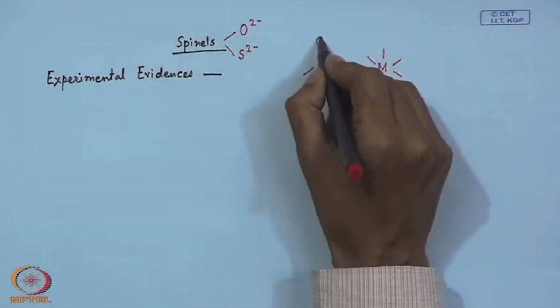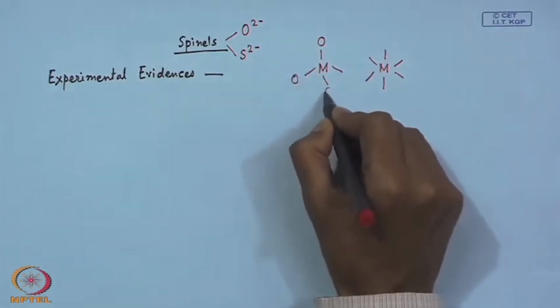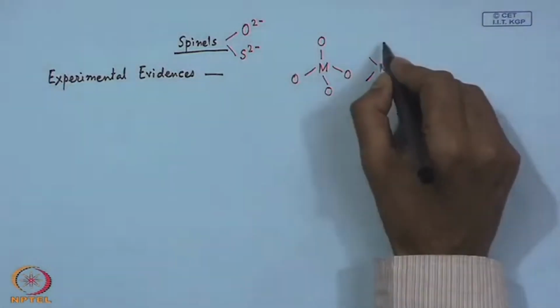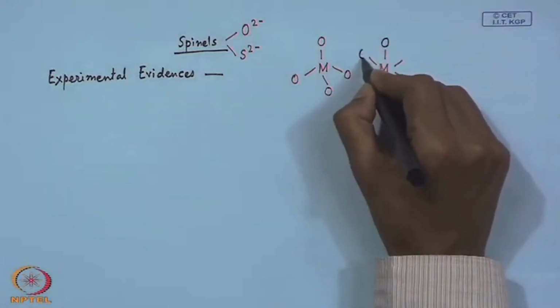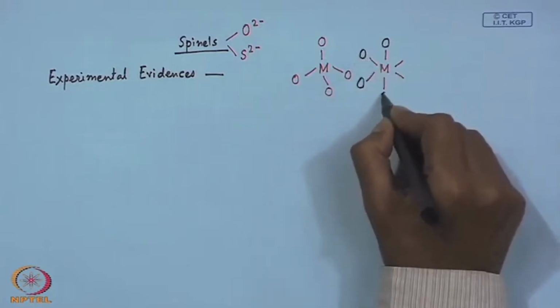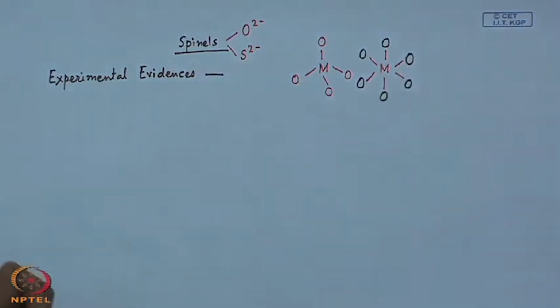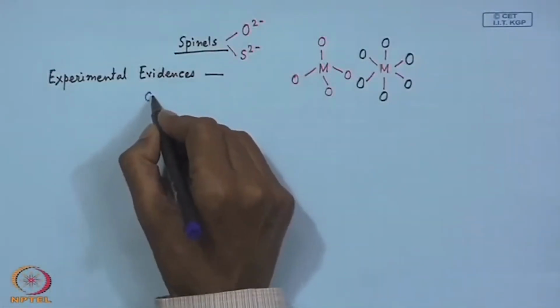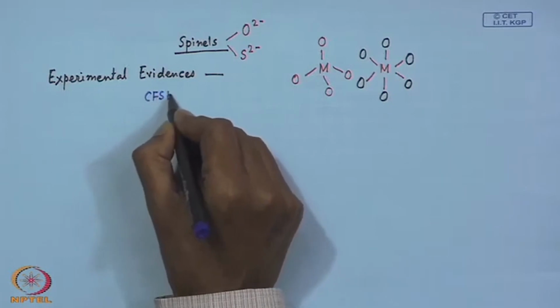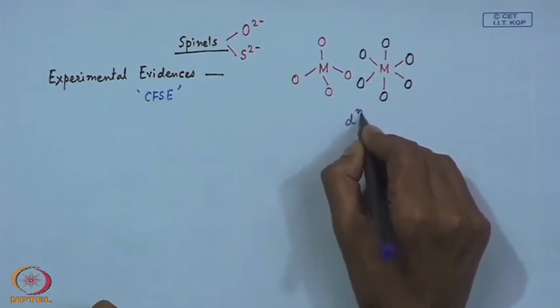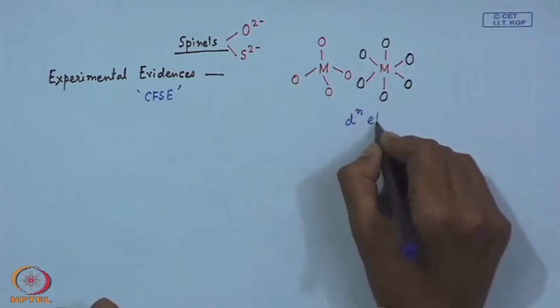So, these are the corresponding ligands, either oxide or sulfide, surrounding the metal ion in a typical tetrahedral geometry or an octahedral geometry. So, whether we can have the corresponding crystal field stabilization and as a result whether we can calculate out the corresponding CFSE values for these systems